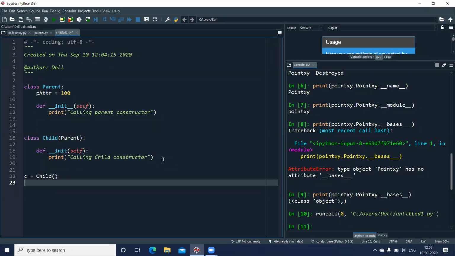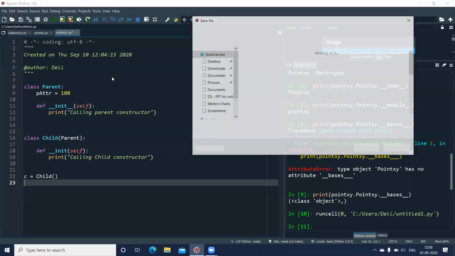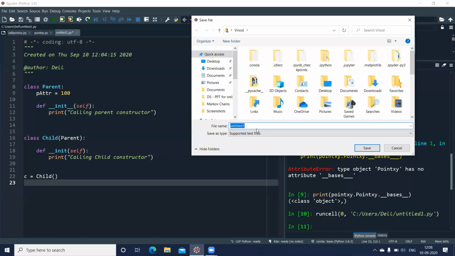I want to see whether the print statements will get executed or not. Or we need to call the init, the constructors, through the method. We'll also write a method. I'll save this file. Let us say inheritance example.